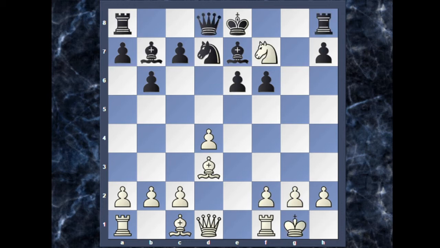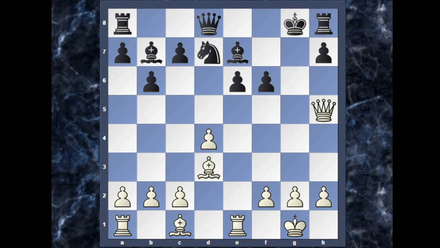So after king captures on f7, queen comes to h5 check. So king to g8, queen to g4, king to f7, queen to h5, king to g8. White repeated some move here and then played rook to e1. This move is not a bad choice, but it allows black to play knight to f8, which was played in